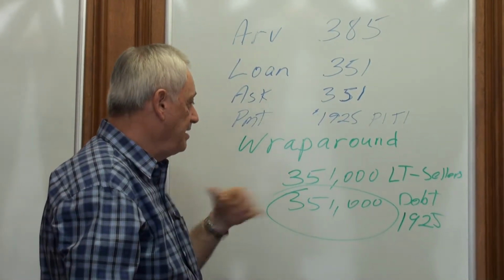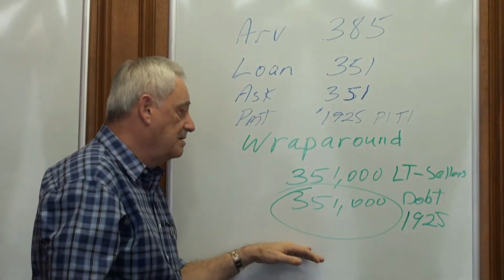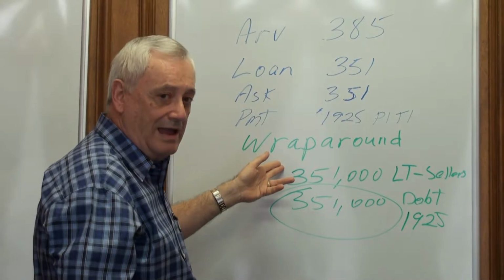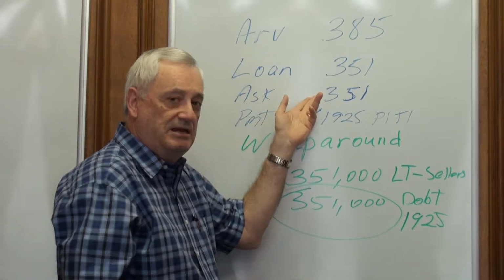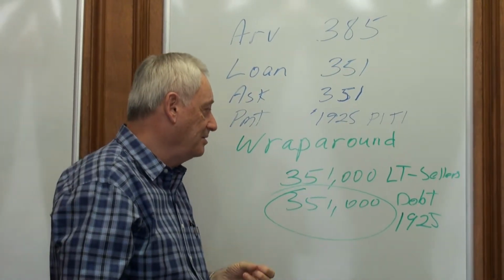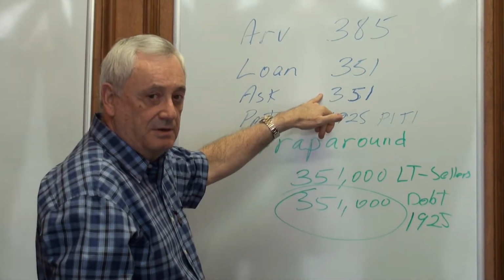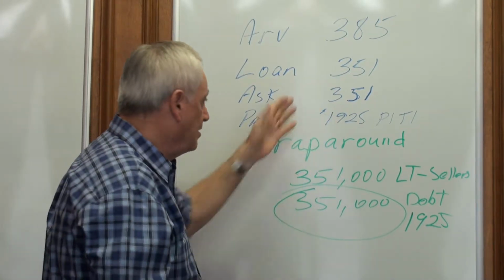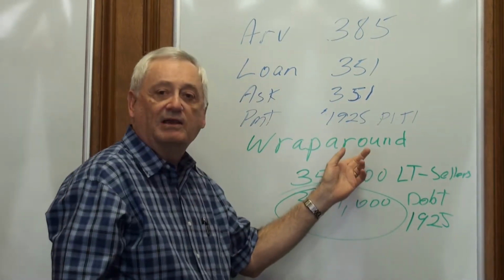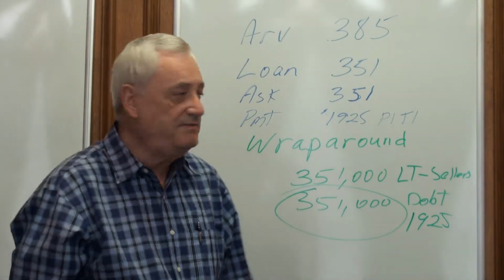It does not benefit me in any way whether I do a wrap or whether I take it subject to, but it benefited the seller. So I hope you can understand the difference between a subject to and a wrap, and why many times it's in the seller's advantage if you do a wrap for them to help them out of future problems which could come back on you. I'm not legally bound to make this payment if I take it subject to, but I am morally bound, so I'm going to make the payment or I wouldn't buy the house. And this way I'm technically not legally bound either. My land trust is, but anyway, this is the way that it should be done if you care about the seller with future problems.